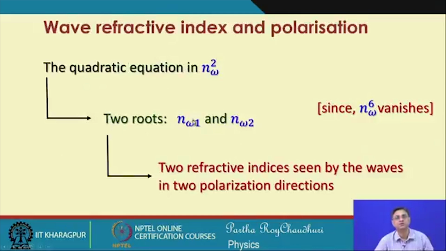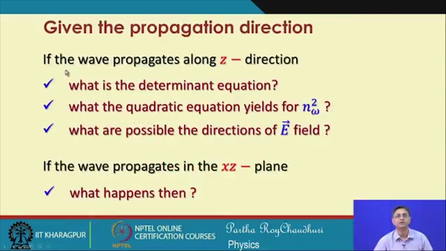So, there will be two roots, each of the roots will be called n omega 1 and n omega 2. These are the two wave refractive indices as seen by the waves along a given particular direction of propagation of the electromagnetic waves. So, these two refractive indices seen by the waves along the direction will be the direction of polarization. We will learn more about this polarization direction in connection with the refractive indices. So, the wave propagates along z direction. If we consider this situation,